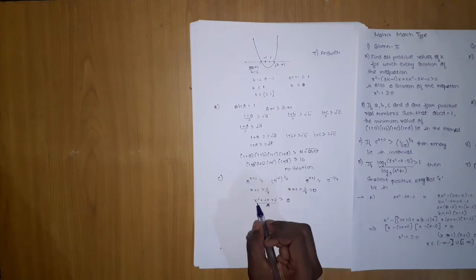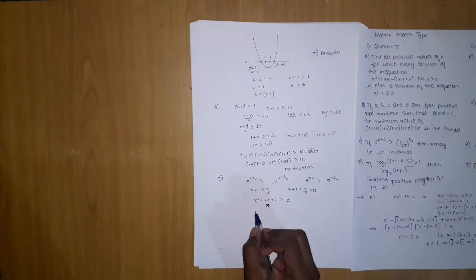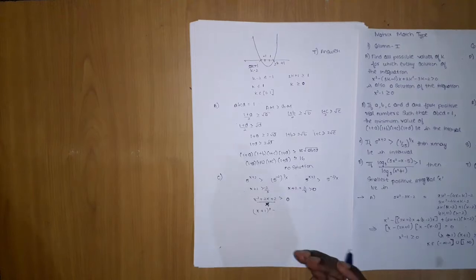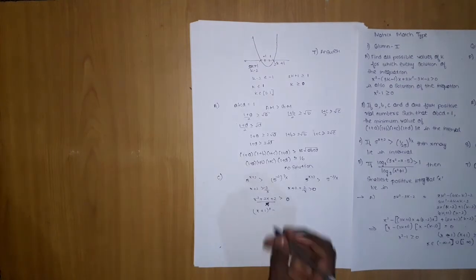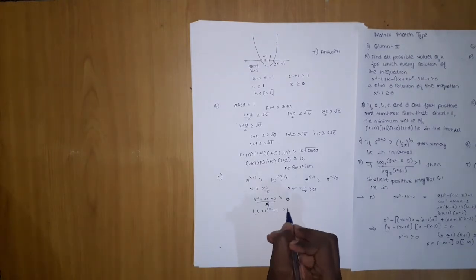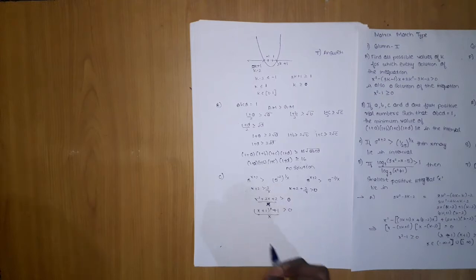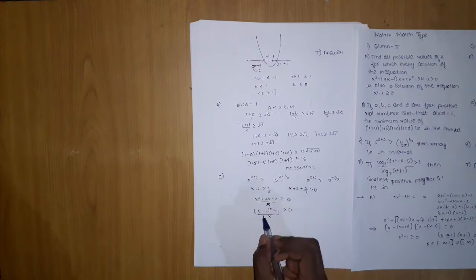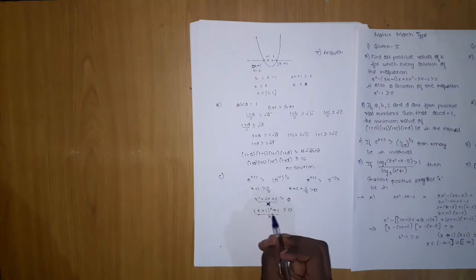Then what can we do further? We can make it a perfect square, which will lead us to this, (x plus 1) whole square plus 1 upon x should be greater than 0. Okay, now moving ahead, what can we do? Now here x should not be minus 1. If I take this, it will become 0, but it doesn't matter, it will be greater than. But if here it is negative, then it will not be greater than 0.